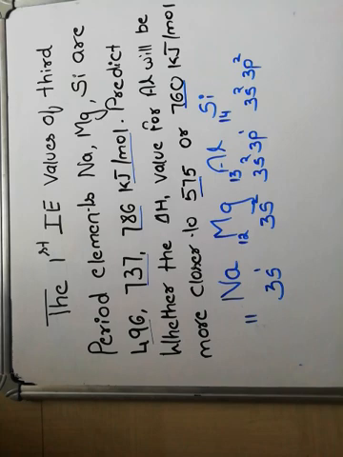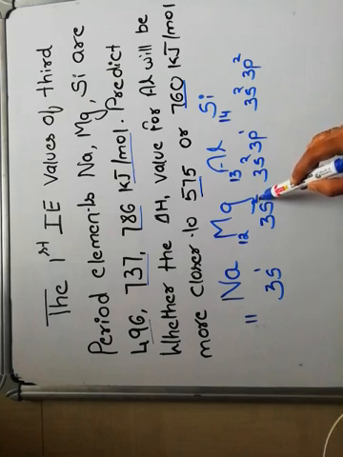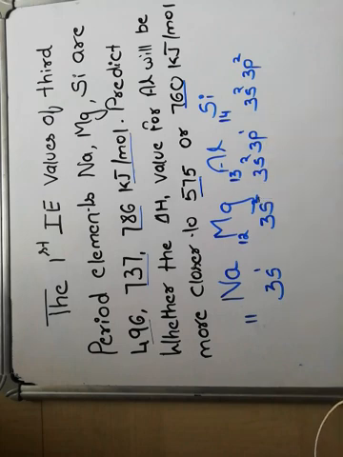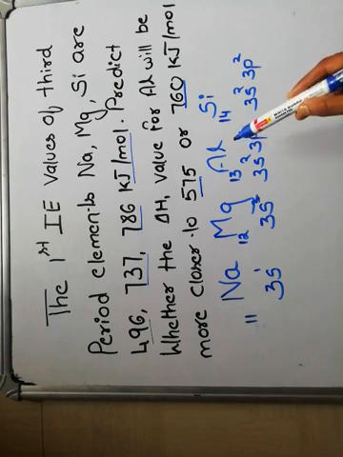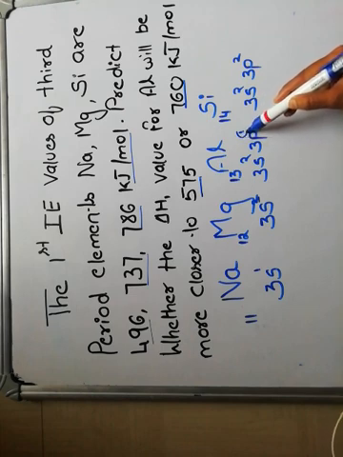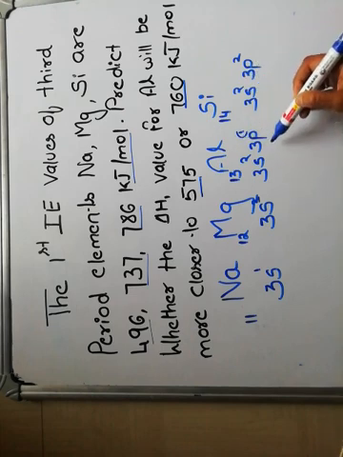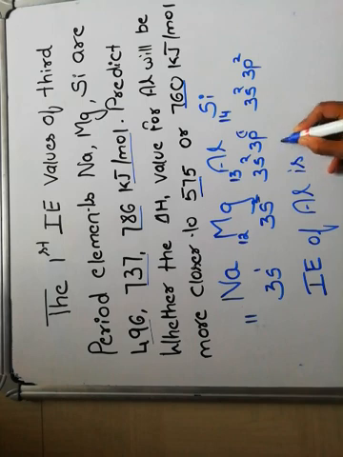So the ionization enthalpy value of aluminium should be lower than that of magnesium. We have to predict the ionization enthalpy of aluminium. In the case of magnesium, the penetration power is more because of the s subshell. But in the case of aluminium, what happens? The 3p electrons are effectively shielded from the nucleus by the 3s electrons. Here the shielding effect is more, and the outer electrons can be removed very easily. Therefore, the ionization enthalpy of aluminium is less than